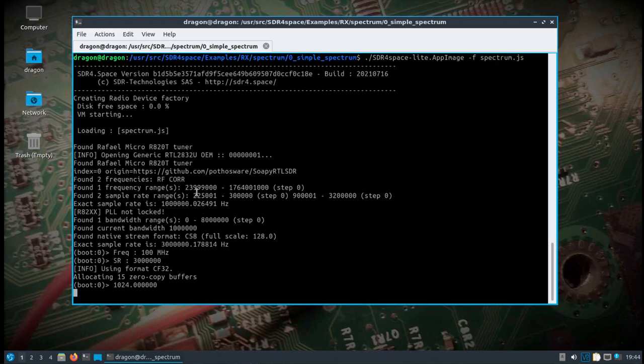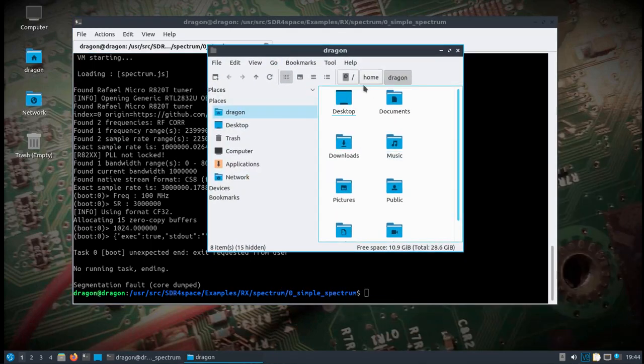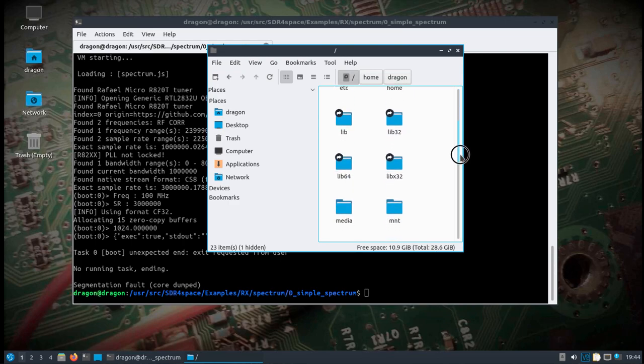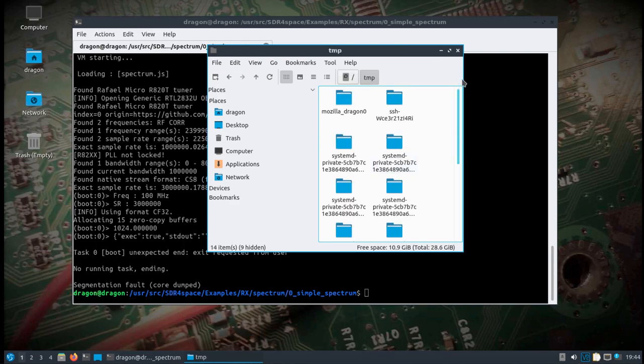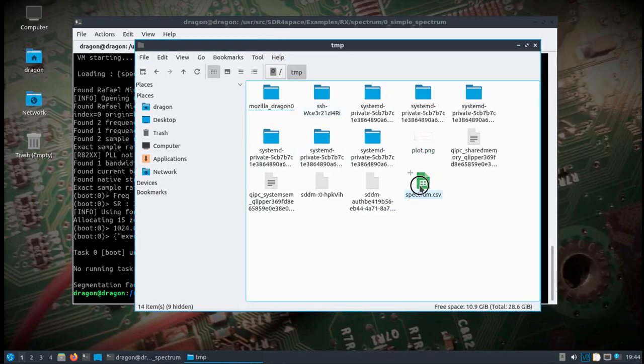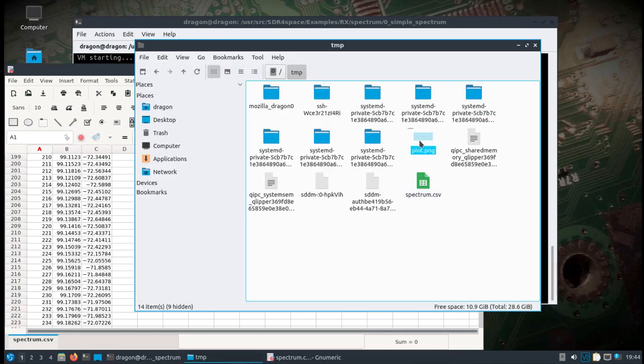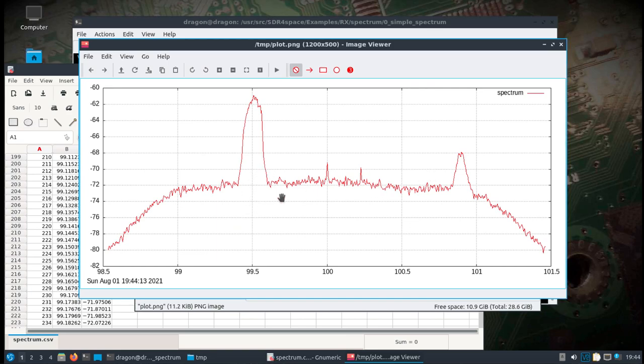It finds the RTL-SDR, it's going through, it sees the frequency ranges, and we should be able to look in our temp directory and see our spectrum CSV file with the frequencies and our power levels here. This should line up with our plot. So we can see something on